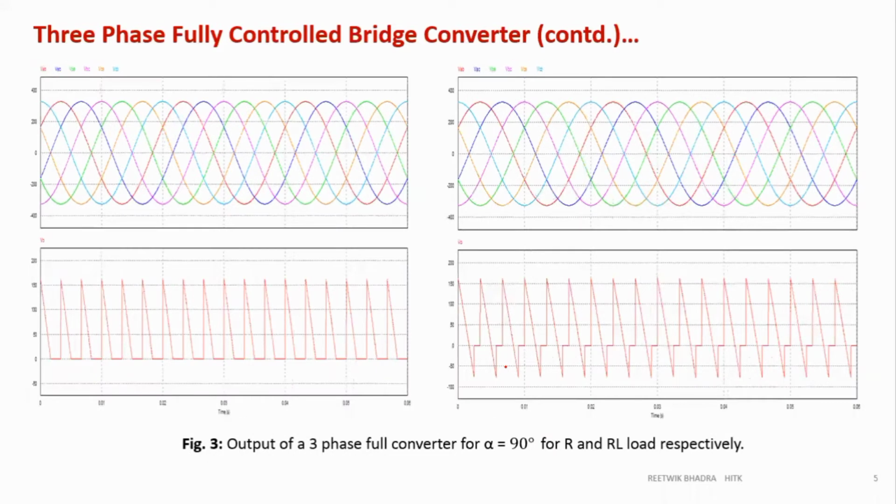Next, jumping into what will happen when it is greater than 90 degree. So now the inductor comes into conduction. I have already stated all these things, so I am not repeating it again and again. I have explained how the RL load operates. First it will charge, then it will discharge through the source only. If a freewheeling diode is there, then that voltage will be 0. So with freewheeling diode, the waveform is same as your R load. Without freewheeling diode, we will have the negative portion.